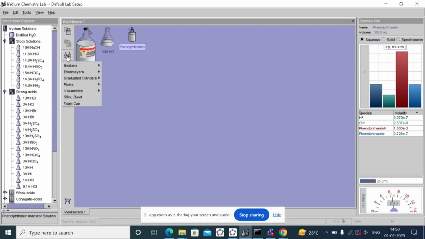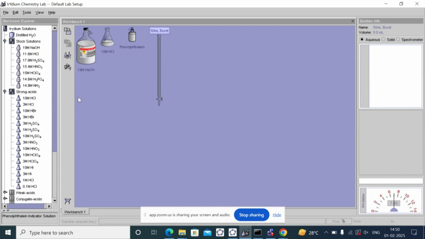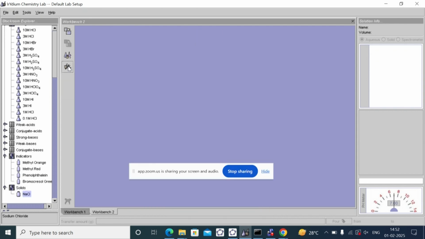We have glassware. So for example, beaker, you take a beaker, or volumetrics, a burette. Okay, so for example, if you want to do a titration. So all these things, apart from that, you have a Bunsen burner or a weighing boat, weighing scale, everything is here. So, for example, I'll just weigh and show you things.